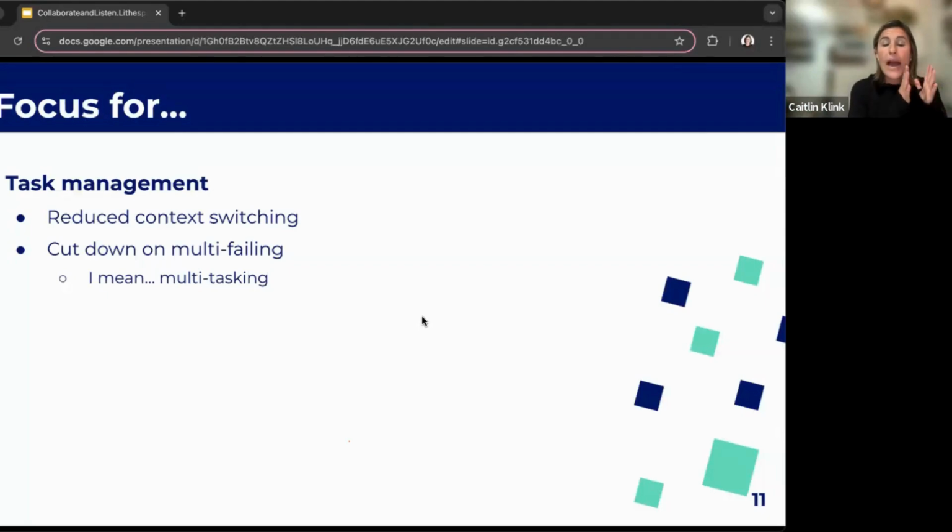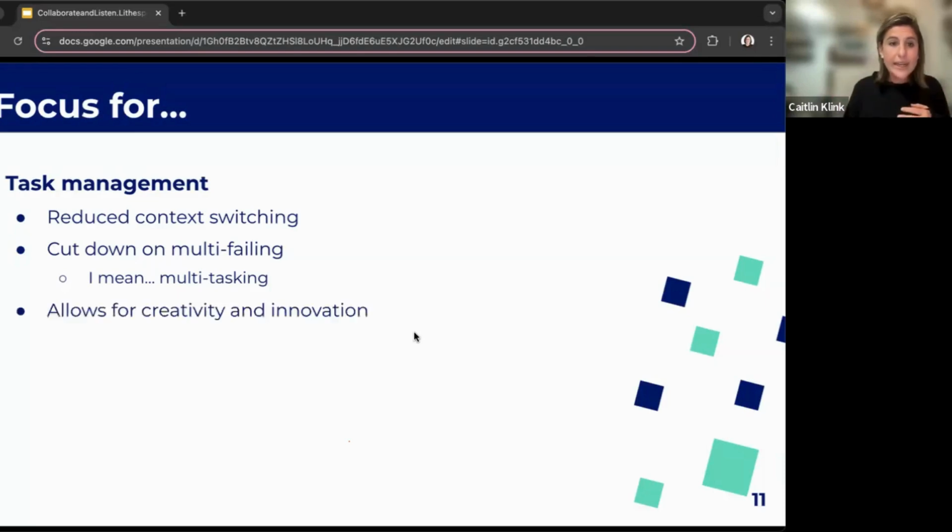And so having time in our day to simply focus on the artifacts that we have due and not be answering a Slack message or responding to an email or joining a meeting a couple minutes late or catching somebody else up on a meeting they didn't go to because they were triple booked, we are able to start to really focus more and create more meaningful work. And along with that, more innovative work, right?